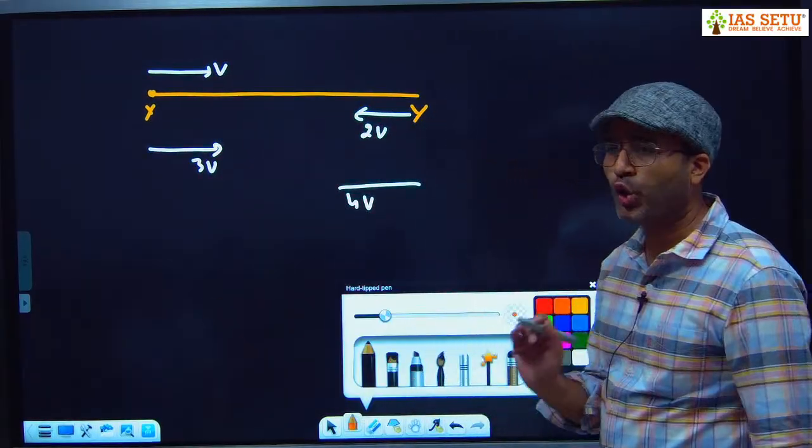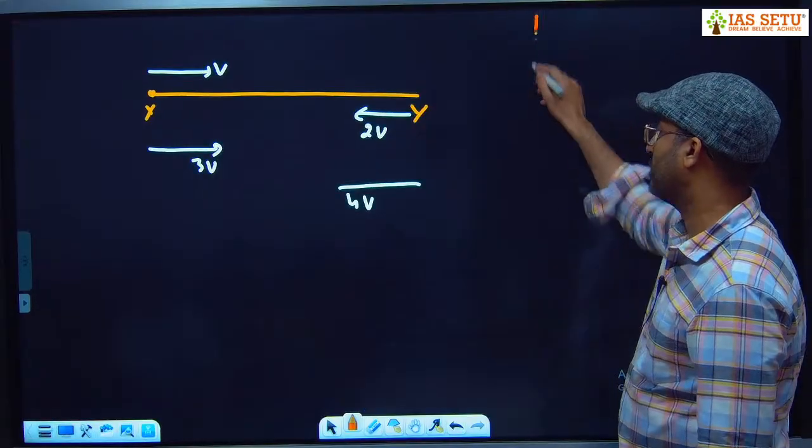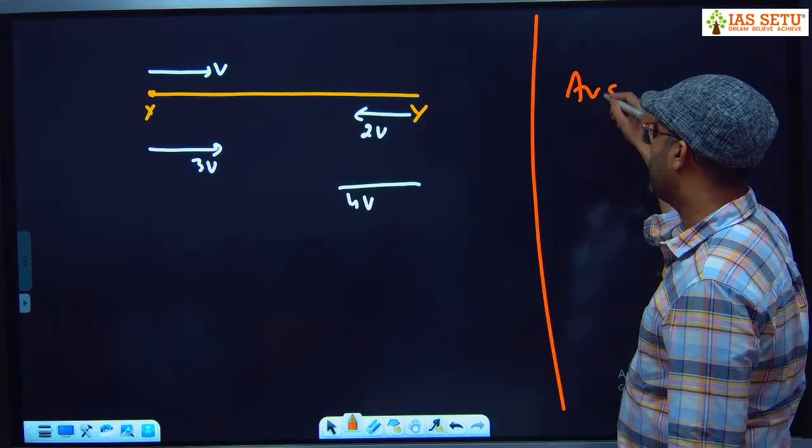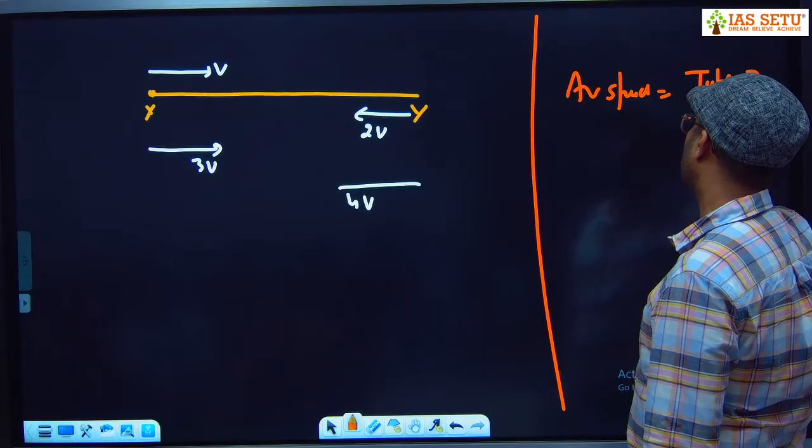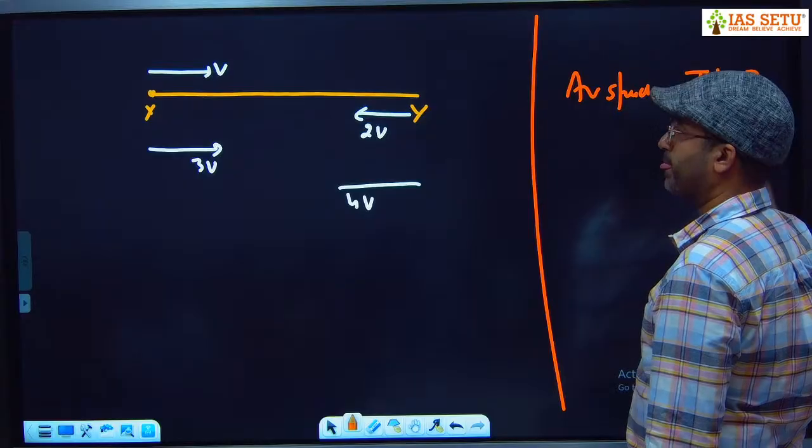एवरेज स्पीड इज टोटल डिस्टेंस अपॉन टोटल टाइम। ये कभी भी मत भूलना, एवरेज स्पीड इन एनी ऑफ द क्वेश्चन इज टोटल डिस्टेंस अपॉन टोटल टाइम।